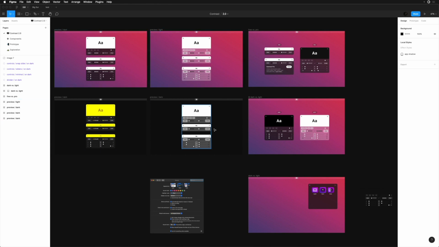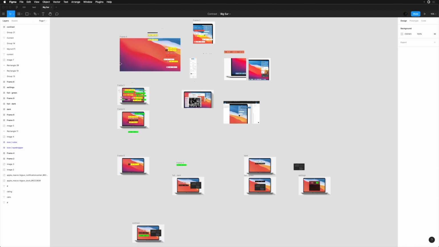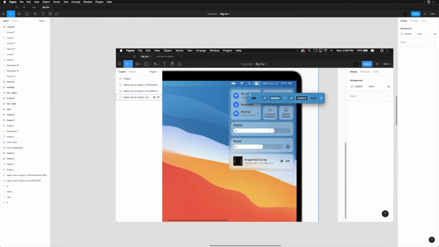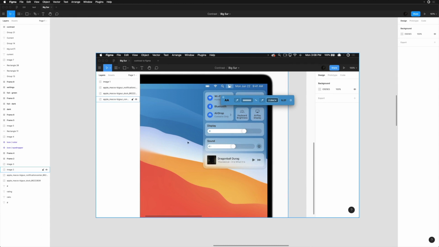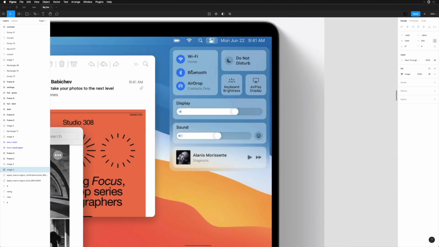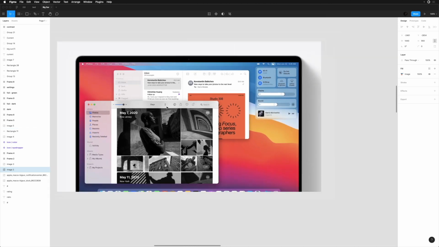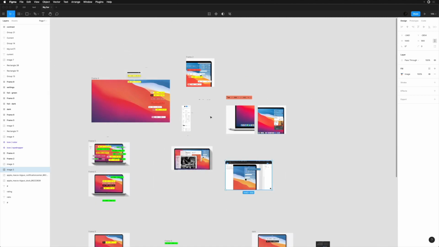Let me show you something I've been working on recently for this Contrast 2.0 app. The team is small. It's just me and my friend Sam, who is the developer on this app. I started off during the WWDC 2020 keynote. They announced Big Sur, the new OS for Mac, and I just pulled some screenshots off of the Apple website, and I really wanted to see how I could make Contrast look more like the new OS. And you can see there's these big rounded corners and a nice breathable type of design. So I just started off with this document called Big Sur inside of the Contrast thing,